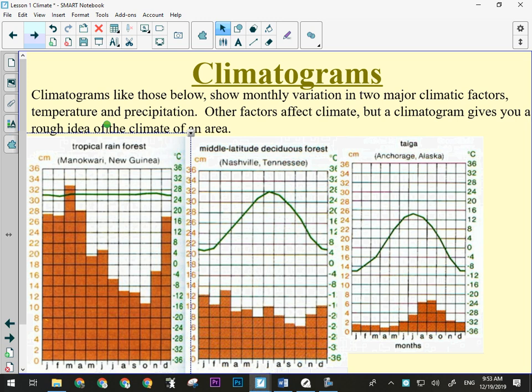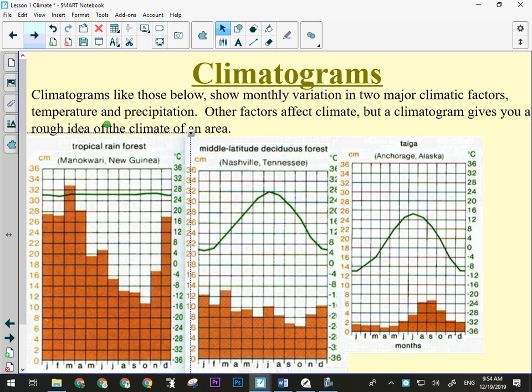Now, this is Nashville, Tennessee. So further south than us, but mid-latitude United States. It's got a bell curve. There's definite seasons. Summer can be pretty hot, 28 degrees, but winter is pretty mild. It doesn't even get below freezing. You go to Anchorage, Alaska, you still have a bell curve, but look at where it shifted to. Because it's near the coast, it's quite a bit more mild than other parts of Alaska. It gets down to about minus 10 in the wintertime, and only gets up to about 15 degrees in the summer.